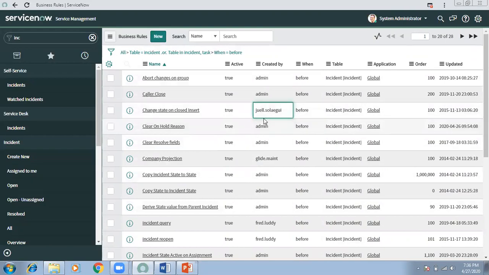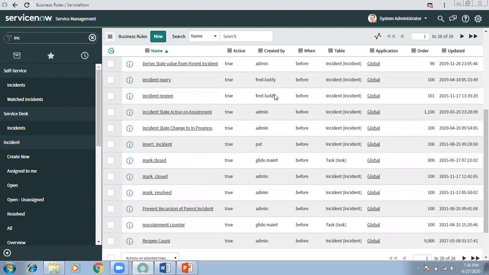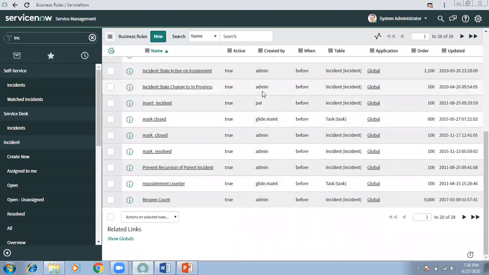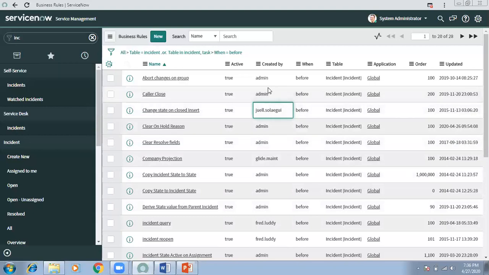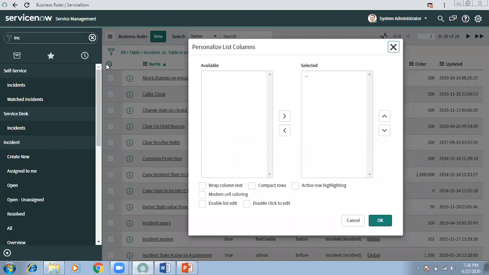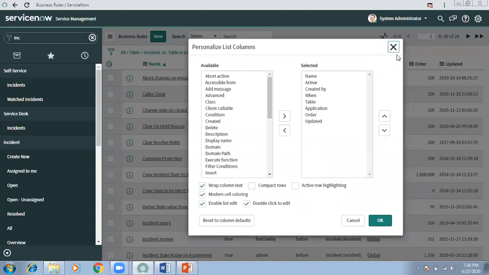Whenever we create any business rule, it will show created by our name or admin. Whosoever is creating it. It's just that some organizations create the user ID with the email address. So ServiceNow ones you will find mostly with admin and glide.maint. That is the only identifier you can find out. Okay, got it.